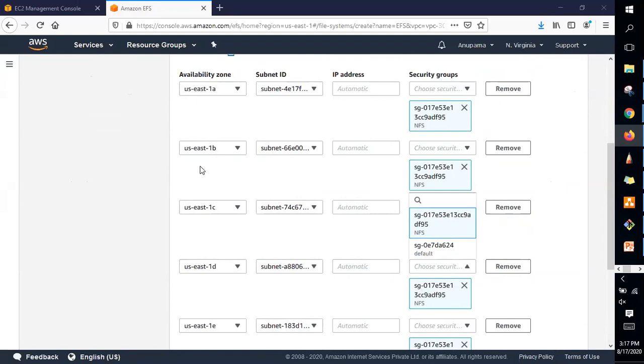Someone is asking me, do we have unique permissions for EC2 instances to mount to EFS? What you can do is restrict here.